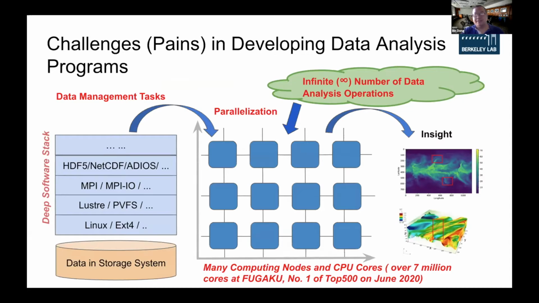But developing a data analysis program has some challenges. First, you need to consider how to perform the data management task. You need to know where your data is stored and how, and how to effectively get the data out of your storage device. You also need to consider the software stack on top of your data. Even if you can get your data, you are probably facing an HPC system. This system comes with thousands of computing nodes or even millions of CPU cores. You need to figure out how to distribute this data on these compute nodes